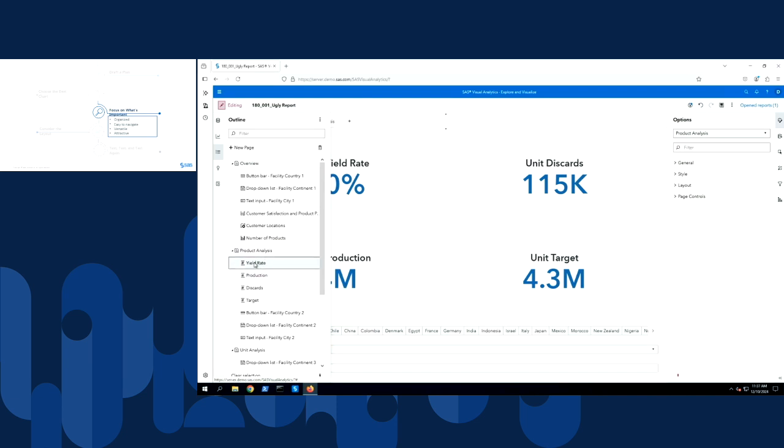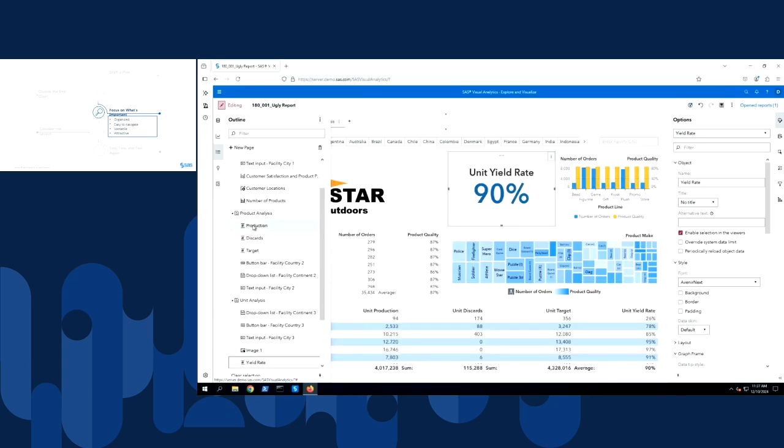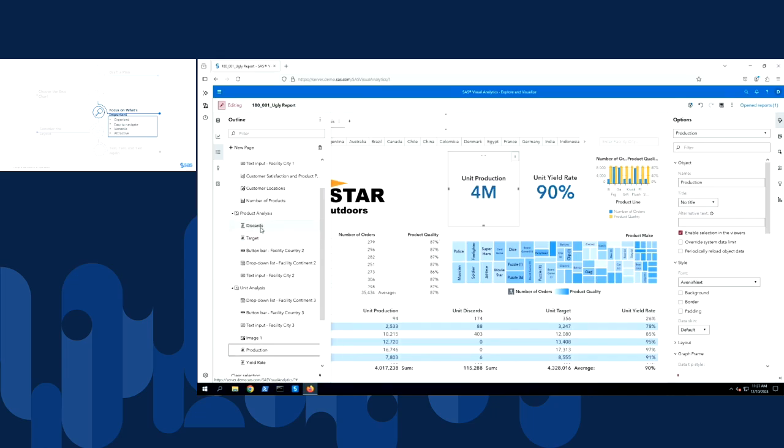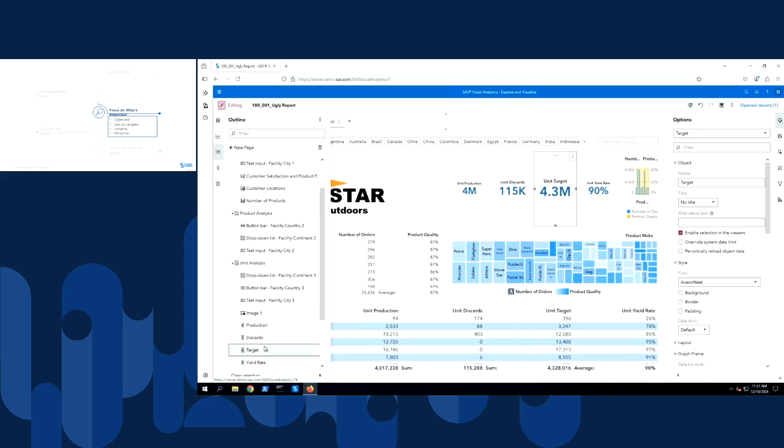So I'm going to click yield rate and drag it to Unit Analysis. I tried to put it in the wrong area. Let me get rid of that. Okay, so I want to move it to the Unit Analysis page. I'm going to do the same for production, discards, and target. It might be a little bit easier to move objects using the outline pane.